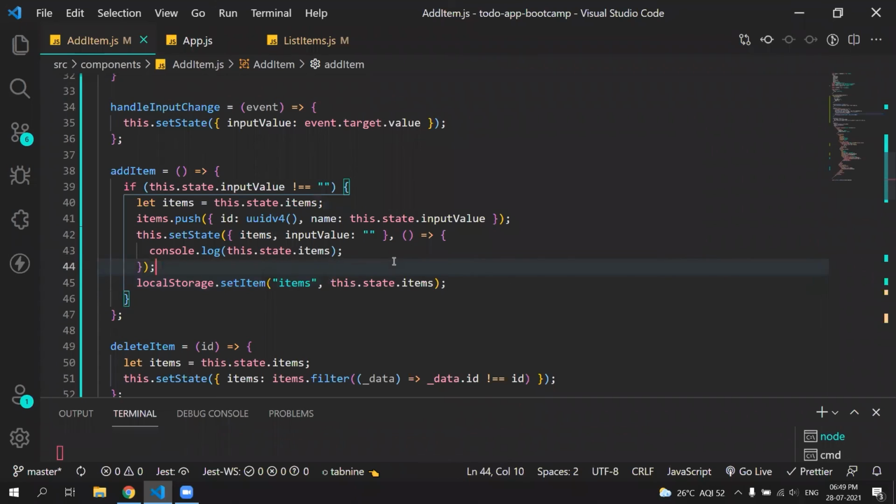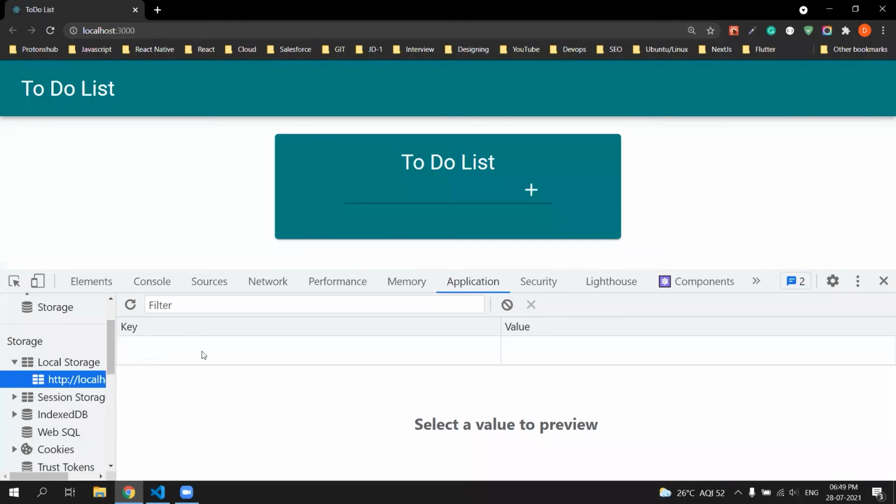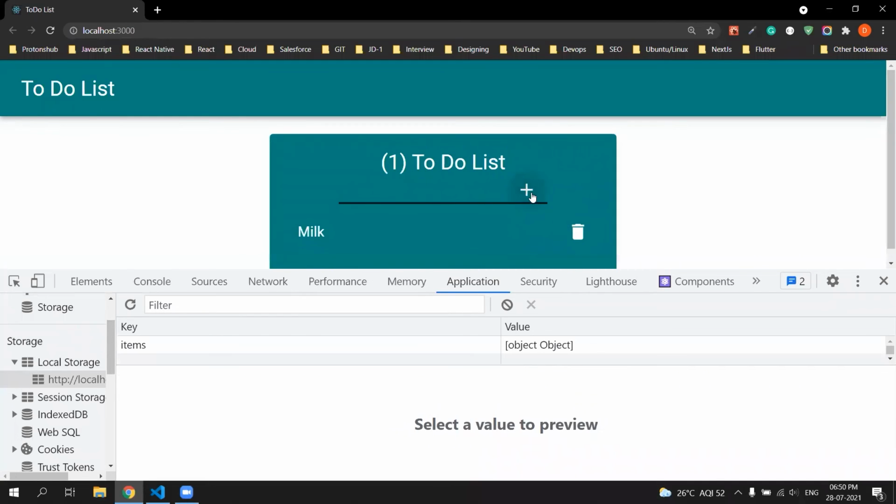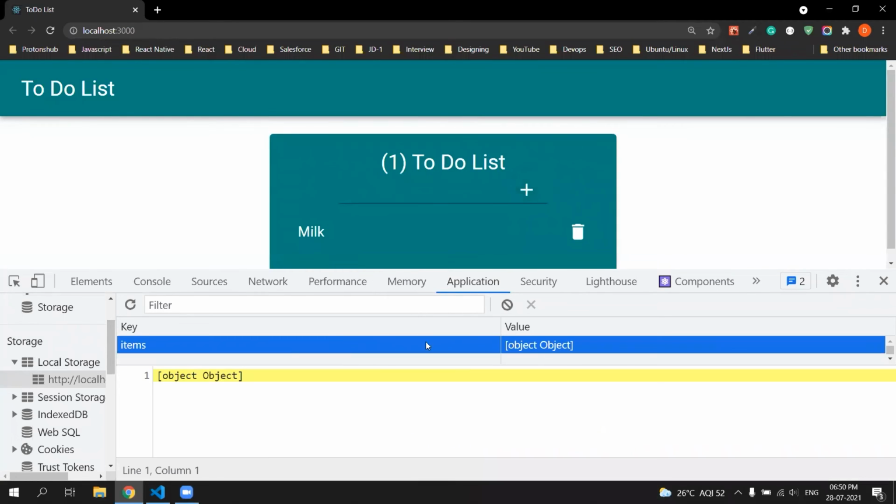So if I save it, right now we don't have anything. Let's say we add milk, and if we add, we got something. We got object.